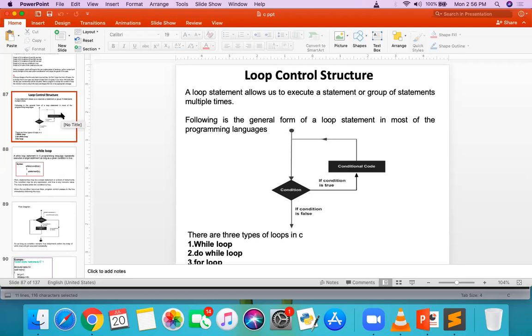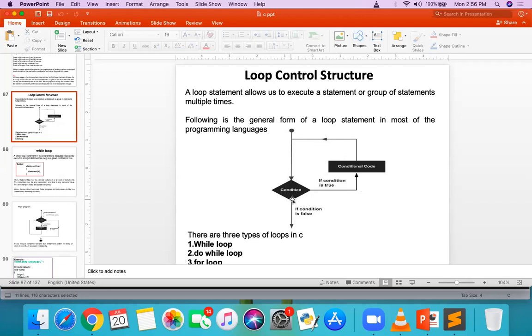But it is not the case with your loop. In a loop, it will execute the statement inside the loop multiple times as long as the condition is true. If the condition is true, the statement is executed repeatedly. Again it will check the condition.